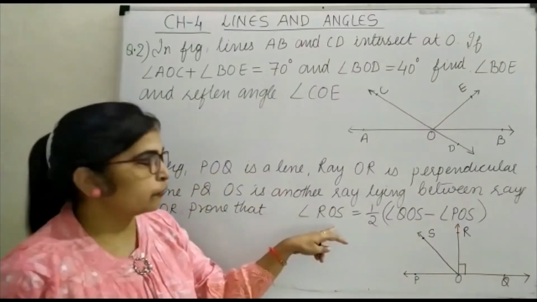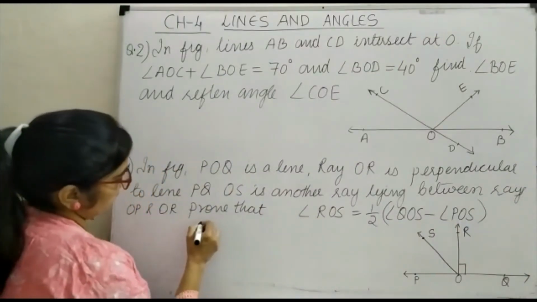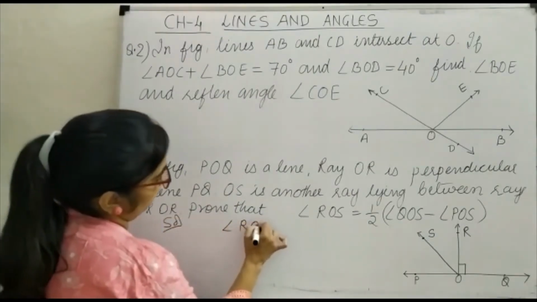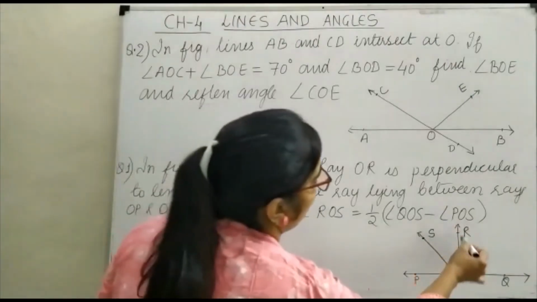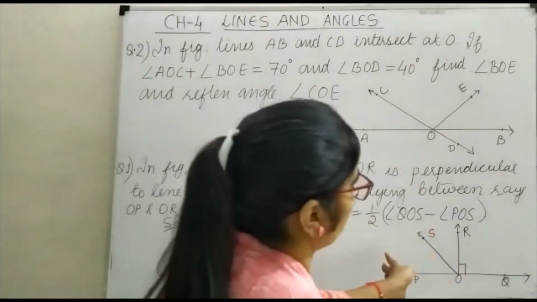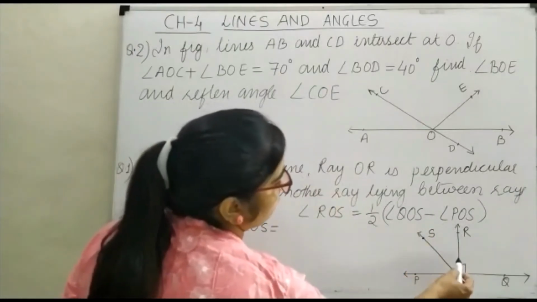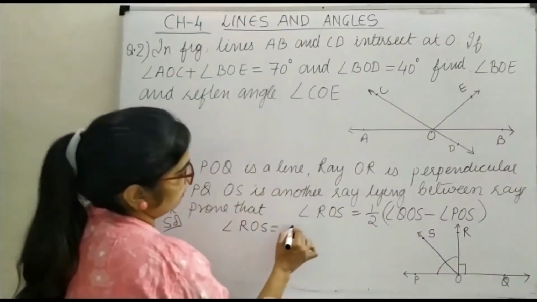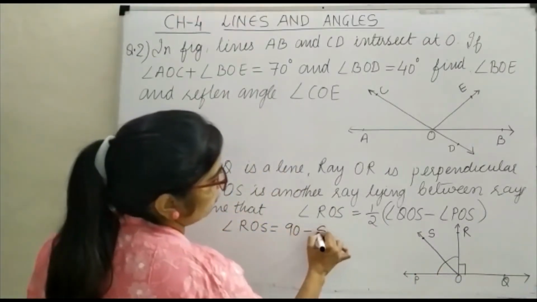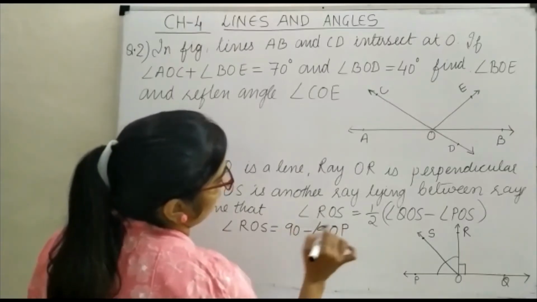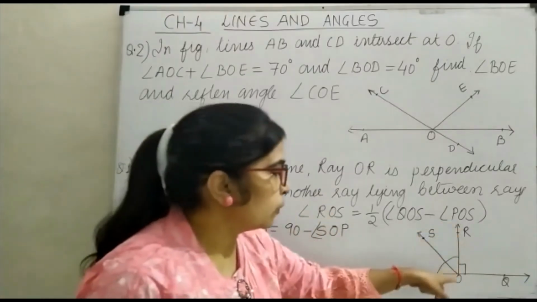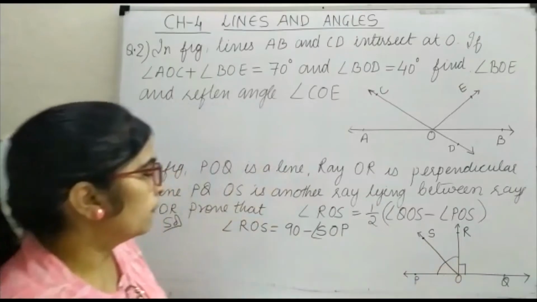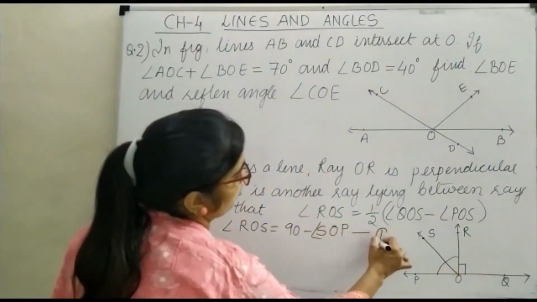सबसे पहले देखिए हमें ये प्रूव करना है, तो हम यहीं से स्टार्ट करेंगे. Solution, angle ROS is equal to, एक बार आप ROS इस तरफ से निकालिए, that is from the left hand side. देखिए आपका ROS can be written as 90 minus SOP, right? हमने लेफ्ट हैंड साइड से ROS निकाला, ये आपका 90 है तो ये भी 90 होगा, that is 90 minus angle SOP. Then again give this as equation number 1.